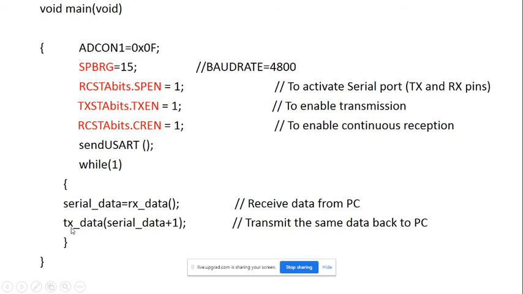Through the transmit subroutine, we transmit the serial data back to the screen. Whatever data is received by the controller plus 1, you are adding 1 to it, meaning every character has some ASCII value, and whatever ASCII value is received, you add 1 to it. That means the next character is displayed on the screen.